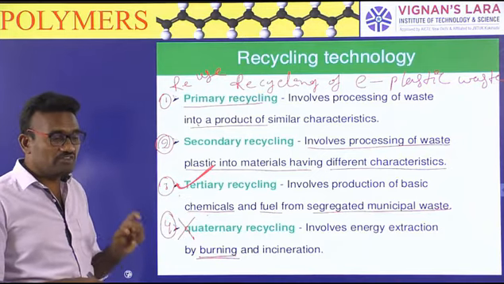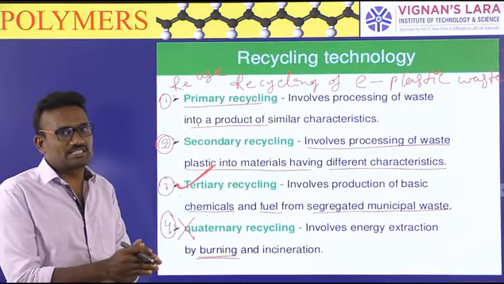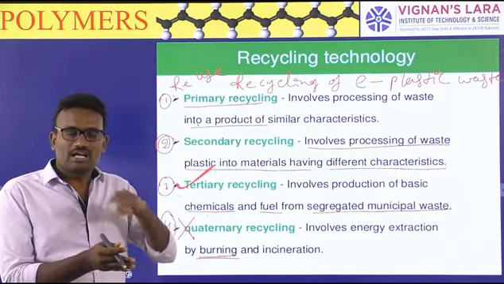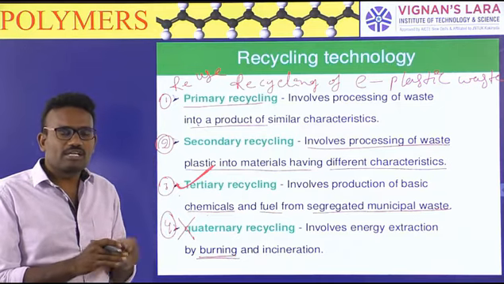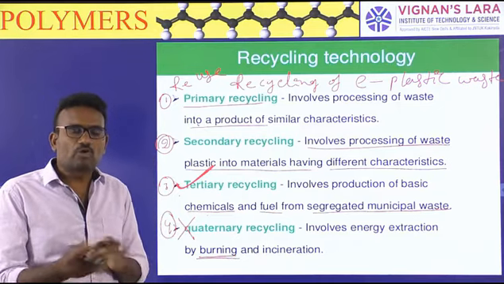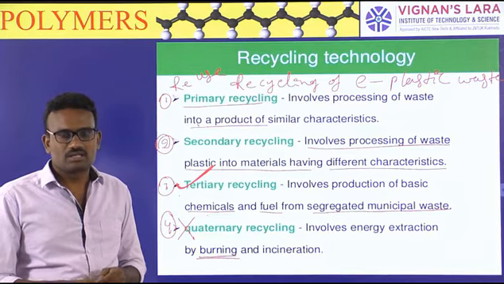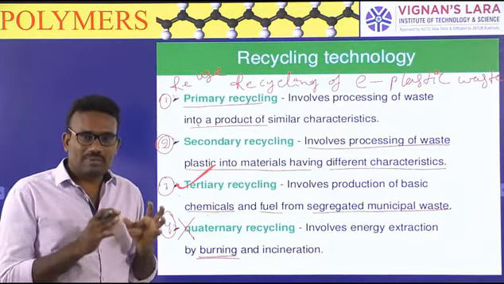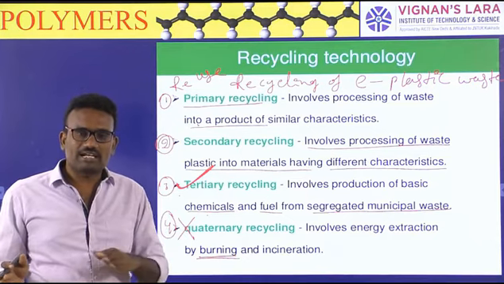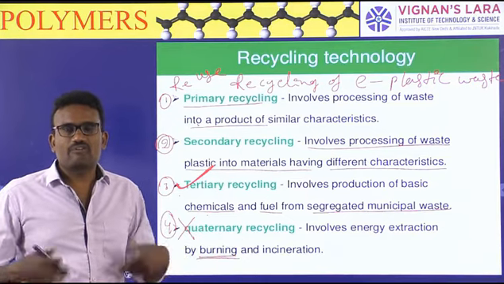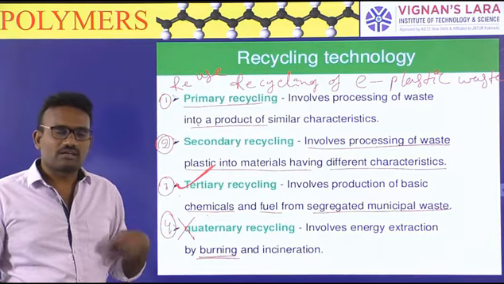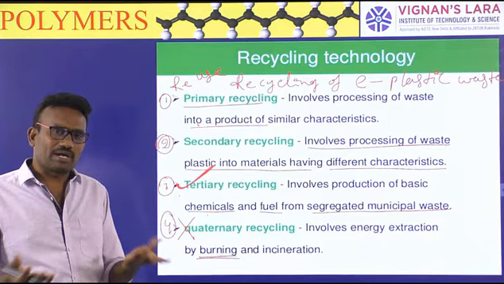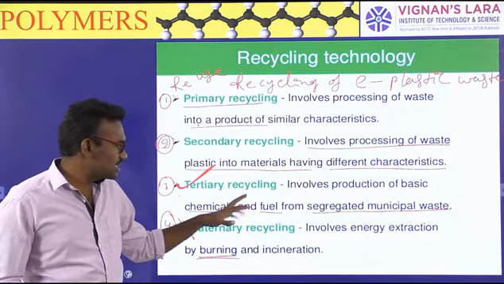Different types of e-waste do not contain only pure plastic. Along with the plastics, steel or copper and different types of metals are also available. These cannot easily melt at low temperatures like plastic. So first of all, separate those parts, that means pure plastic and the metals or steels. Then after adding chemicals and fuels to create new items, both are combined or used separately for new items. That is tertiary recycling.